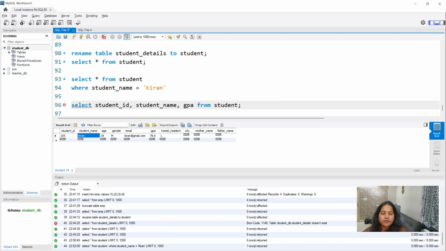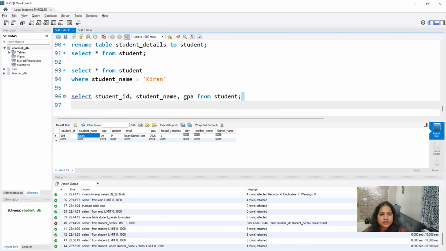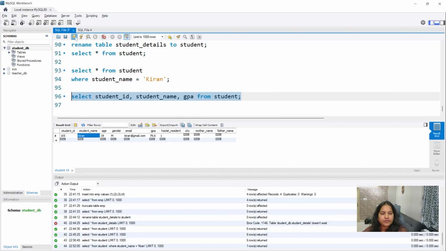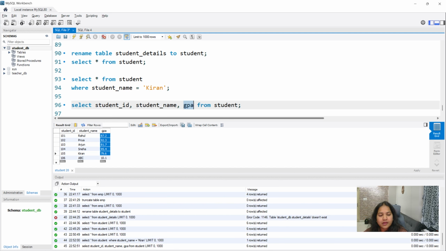Put a semicolon and run this. You will see student ID, student name, GPA. Only these 3 columns are coming. What does this mean? If you put comma-separated column names, you will only get those columns from the student table.